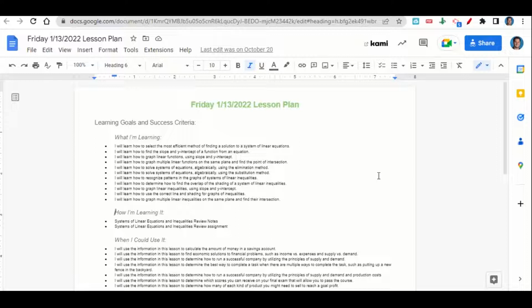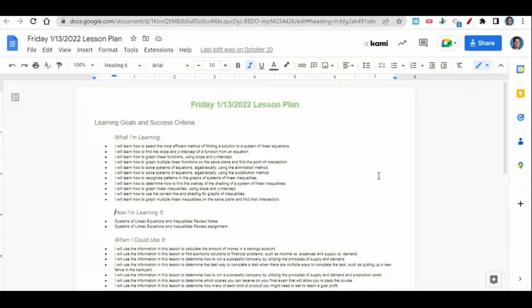We're learning how to select the most efficient method of finding a solution to a system of linear equations, how to find the slope and y-intercept of a function from an equation, how to graph linear functions using slope and y-intercept, how to graph multiple linear functions on the same plane and find the point of intersection, how to solve systems of equations algebraically using the elimination method, how to solve systems of equations algebraically using the substitution method,